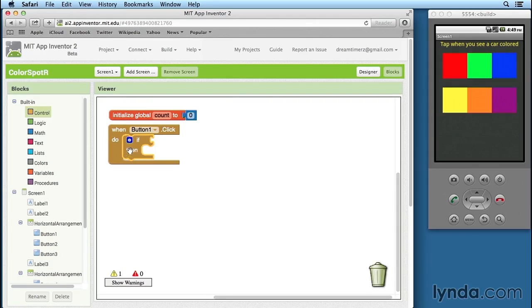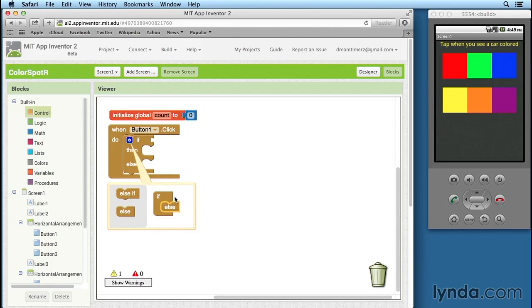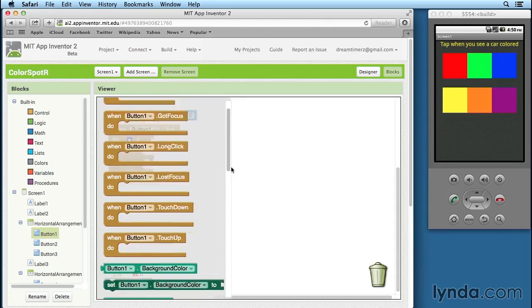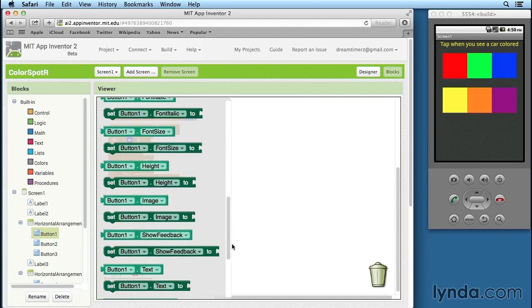We're going to tap on this button because we started out with if then, and we actually need an if then else. And so the way you do it is you tap on the little blue square and drag the else inside the if. So now our block says do if then else. We want to actually look at the image in button 1. So we want to come back to the actions for button 1 and get the image for button 1,